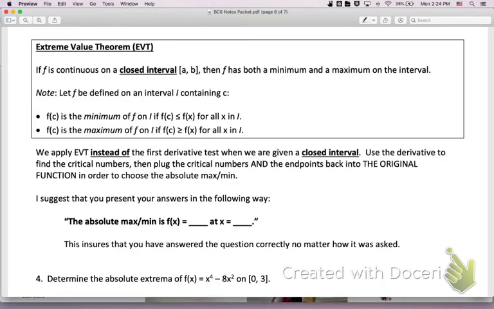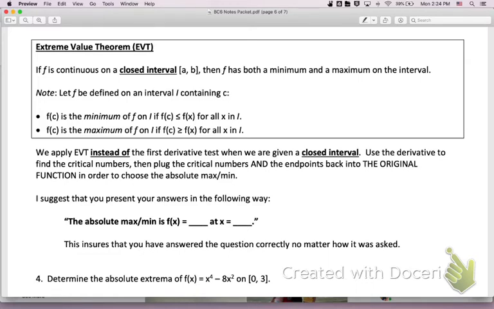All right, the extreme value theorem. This is not one that you've called by name a whole lot necessarily. We use the extreme value theorem whenever we're trying to find the absolute maximum versus the absolute minimum on a closed interval, okay? So what the extreme value theorem says is if f is continuous on a closed interval